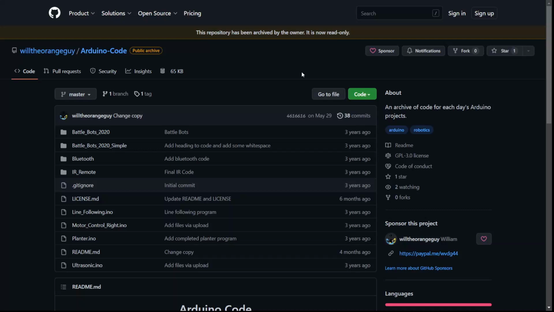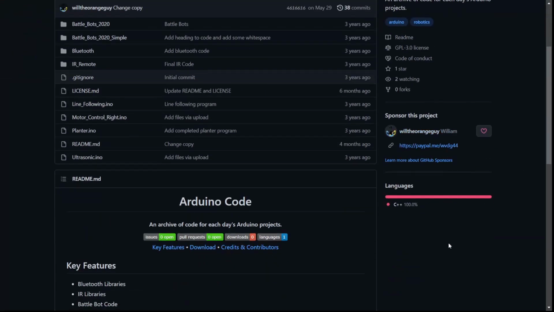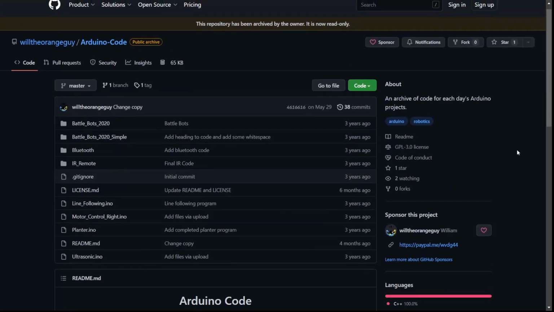Welcome to the Will the Orange Guy Arduino Code project on GitHub. This is an archive of code for each day's Arduino projects. So you can sponsor the project here, and because the language of Arduino is actually based off C++, GitHub records it as 100% C++. It's a public archive because the class is done. This was grade 9, I'm no longer in grade 9, and so